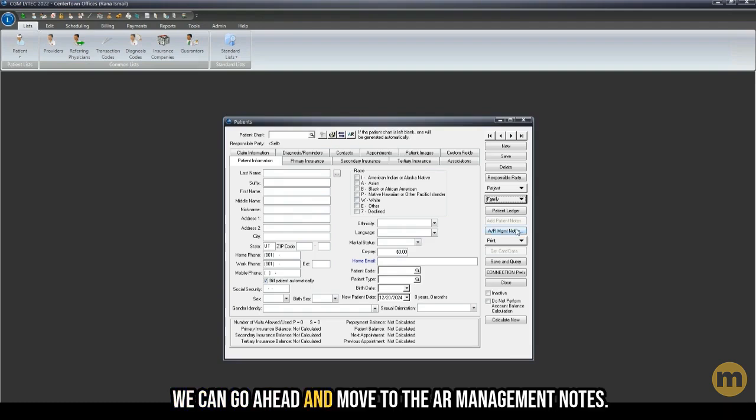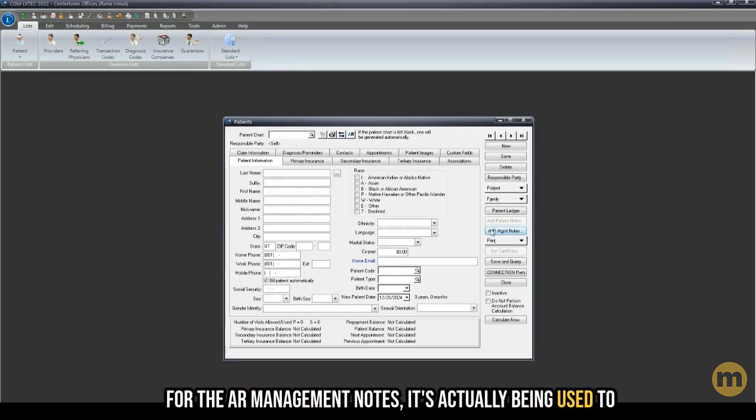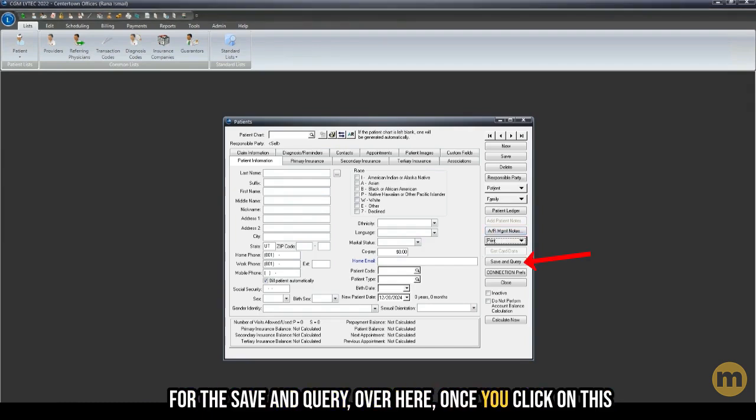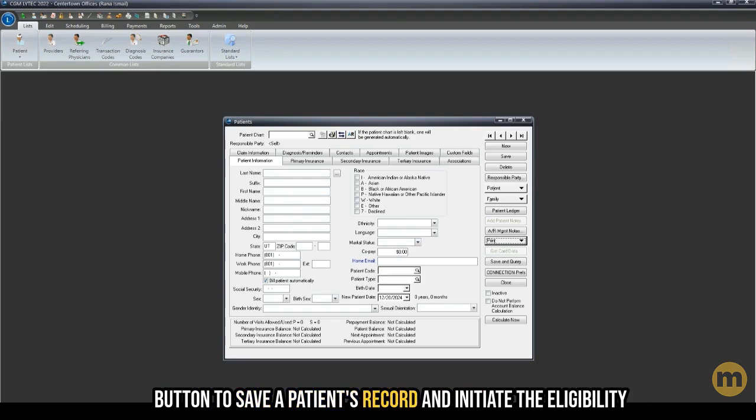We can go ahead and move to the AR management notes. The AR management notes are used to add AR notes while working on the AR tracker. For the save and query, over here, once you click on this button to save a patient's record and